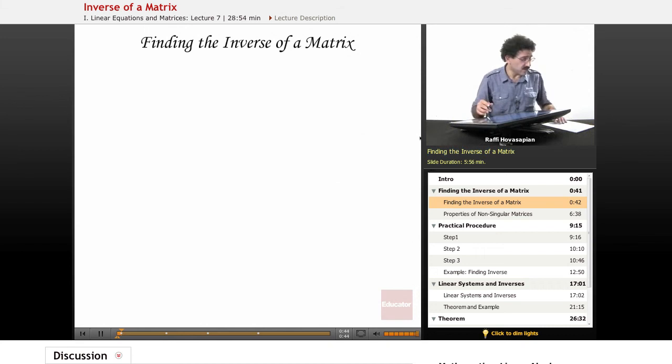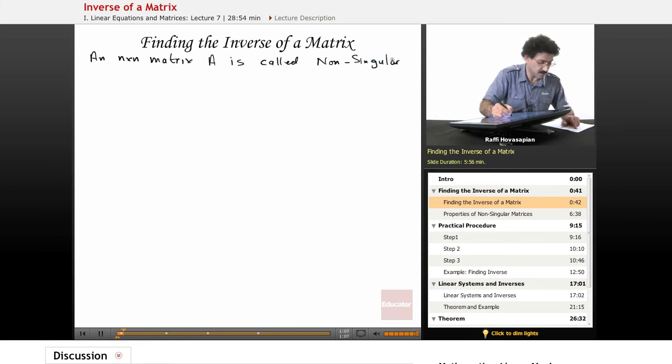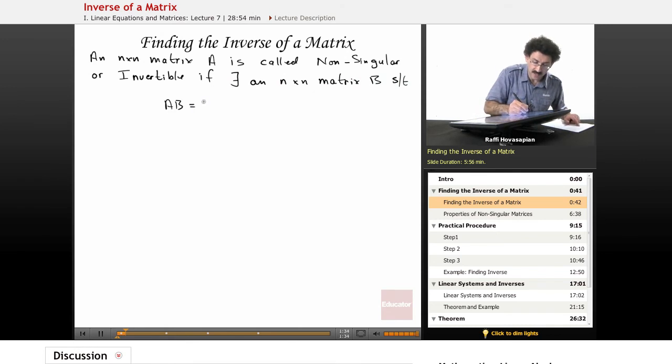So, finding the inverse of a matrix. Let's start off with a definition. Have an n by n matrix A, which is called non-singular or invertible if there exists, and remember this reverse E means there exists, an n by n matrix B such that A times B equals B times A equals the n by n identity matrix, which, remember,